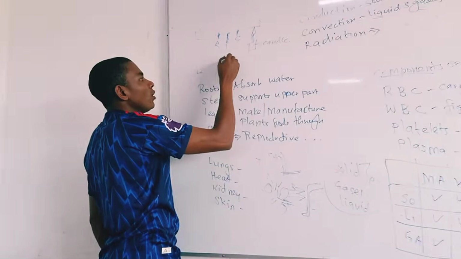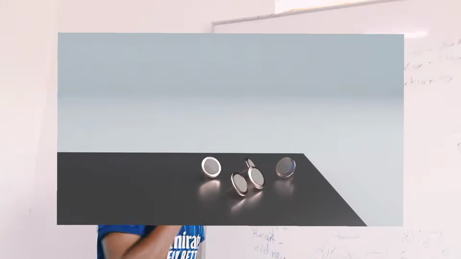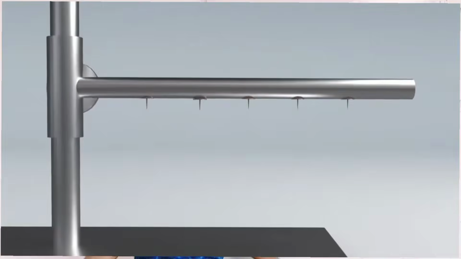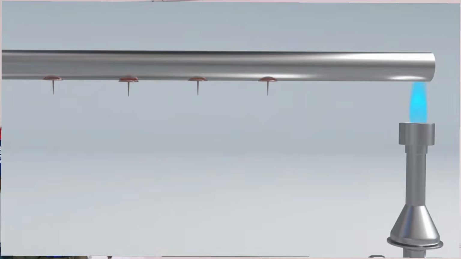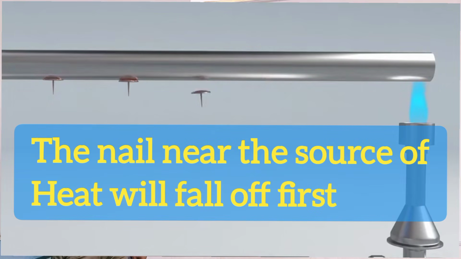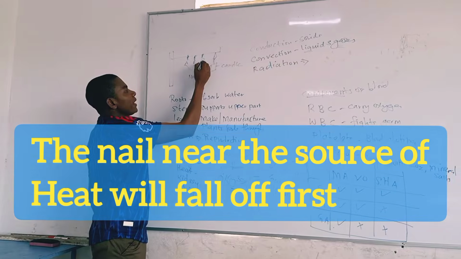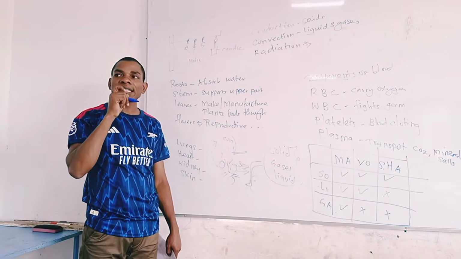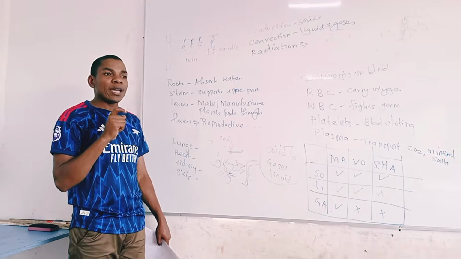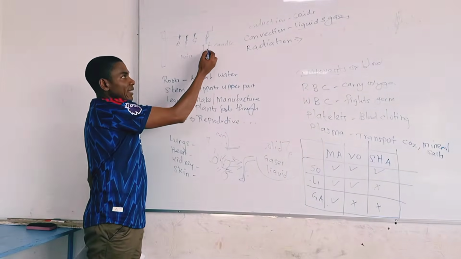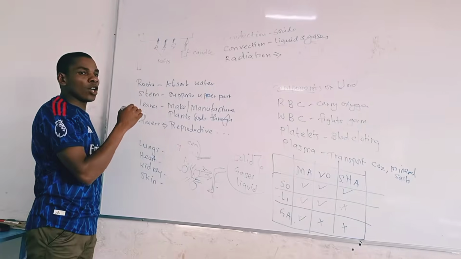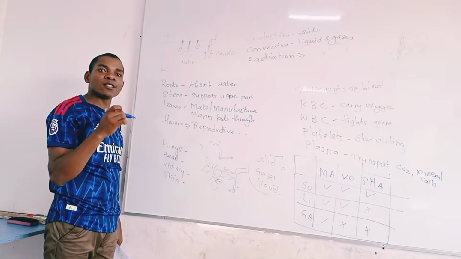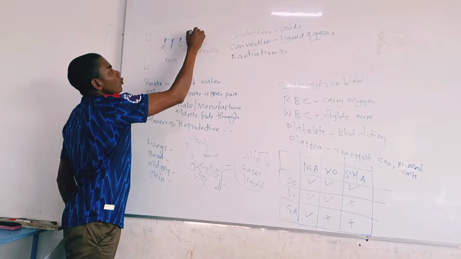So kama unaelewa hii maneno. Then swali la kuuliza, a very simple question, but wanafunzi wanaanguka. Unaulizwa tu, which observation will you make in this diagram? The observation is that after some times, not suddenly, after some times, the nail C will be the first to fall off. Now, you can also say the nail nearest the source of heat will be the first one to fall off. Then B will follow, and A will be the last nail to fall off because transfer of heat